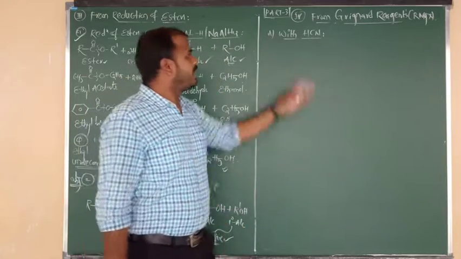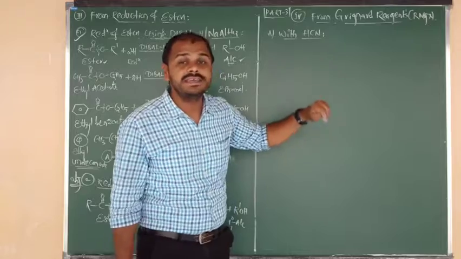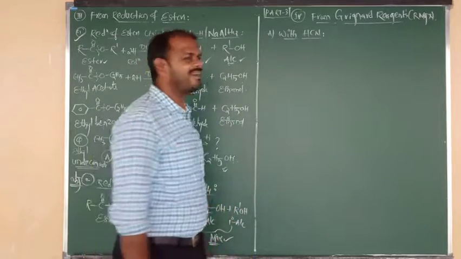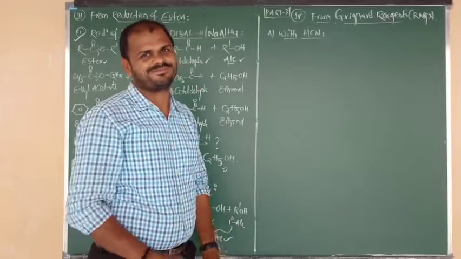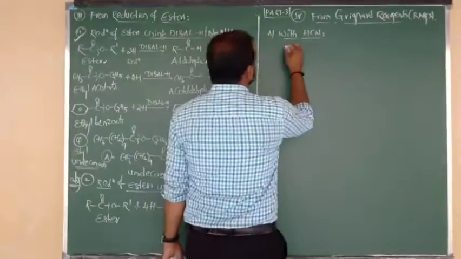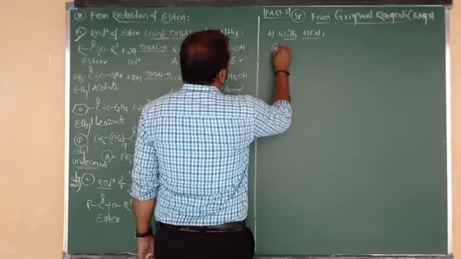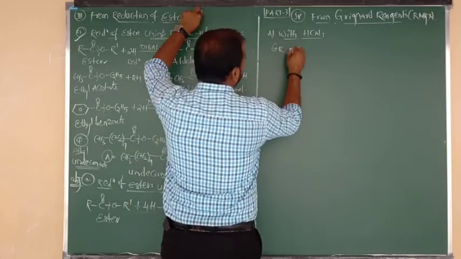Both we can prepare. HCl gives only aldehyde, RCl gives ketone. Okay? Means hydrogen cyanide gives aldehyde, alkyl cyanide gives ketone. I hope you understand. Once again, the statement: Grignard reagents, GR.